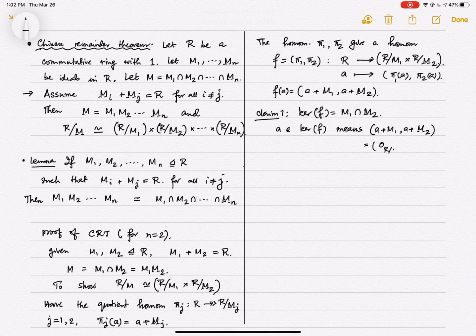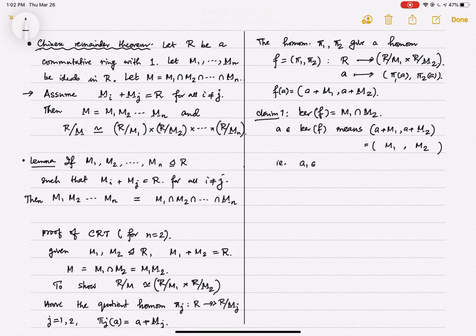Zero of R mod M1 and zero of R mod M2. Well, zero of R mod M1 is nothing but the coset M1 itself, and the zero of R mod M2 is the coset of M2 itself. So it's (M1, M2). And this happens